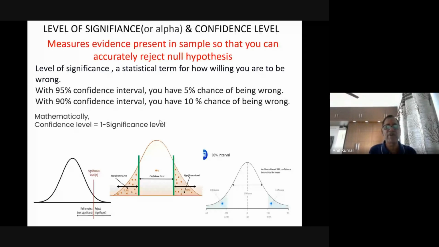When we say 5% chance of being wrong, we have decided that this level of significance is okay for this particular aspect. It is to be decided based on what exactly your topic is and how far you can think of going wrong with that. So 5%, 10%, 2%, 1%, all these are chances of going wrong, and with 95% confidence, think of that. On the normal curve graphically, the significance level is here.